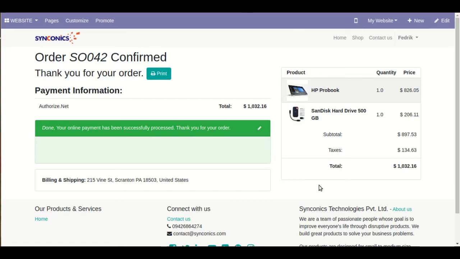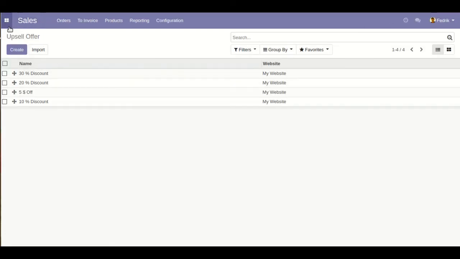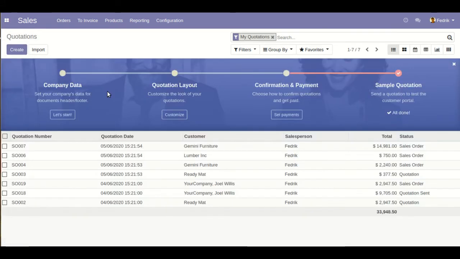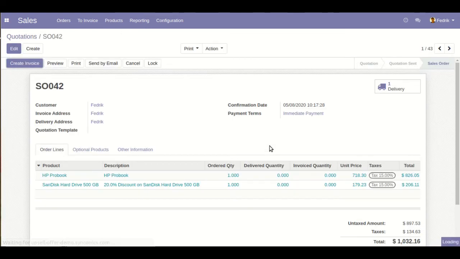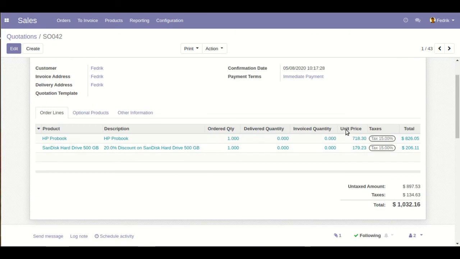And it will be displayed like this, and when we go to the backend side, we will see that. This is the sales order and it will be displayed like this.